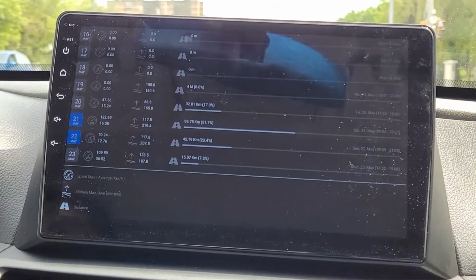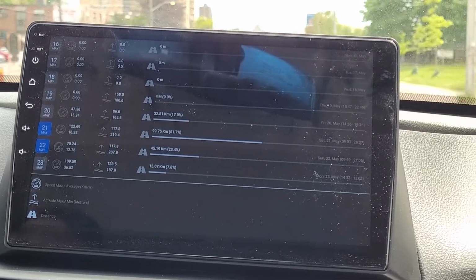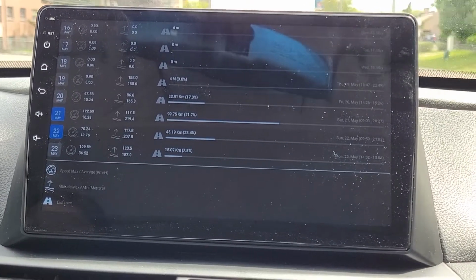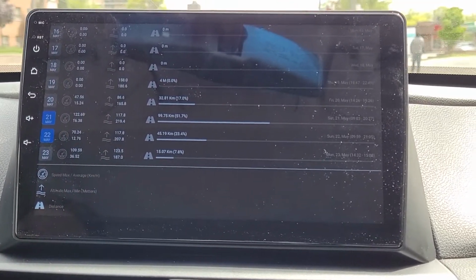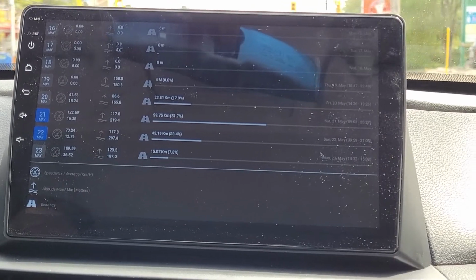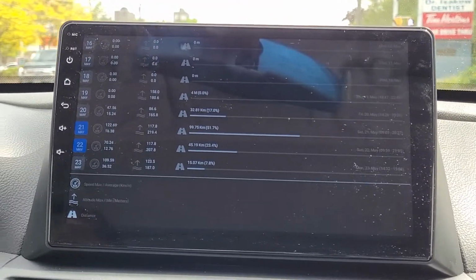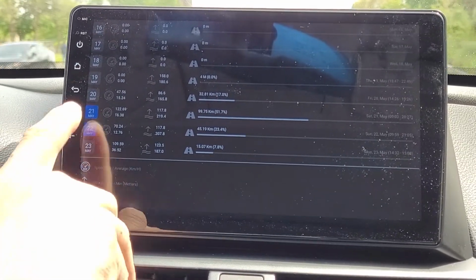That's a statistic recorded through the car launcher app, and it's for today, May 23rd. That's how far I've been traveling just today, which is okay. As you can see how much we've been driving.